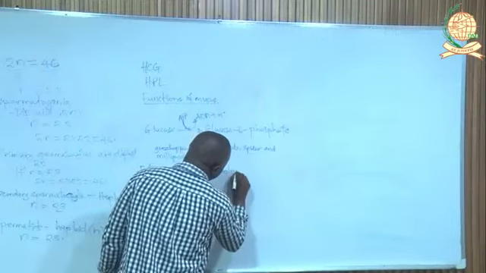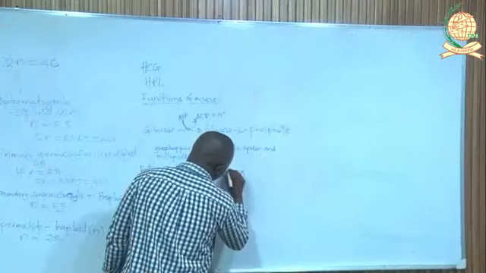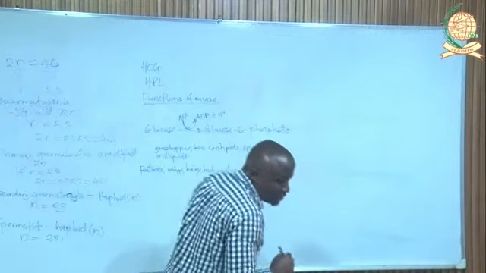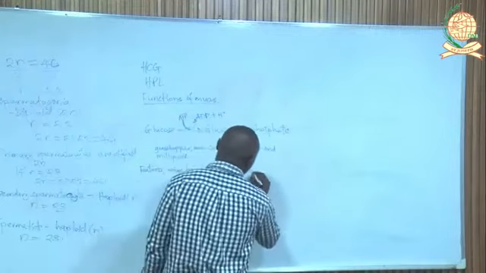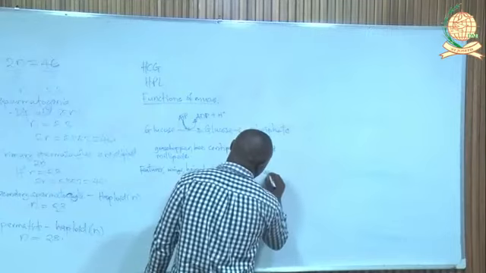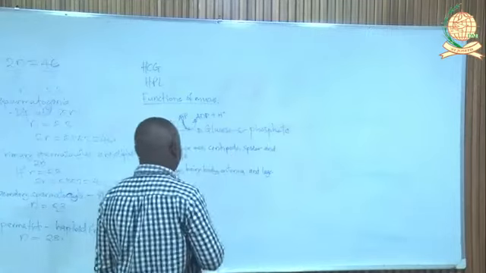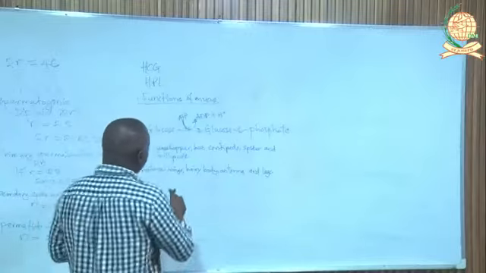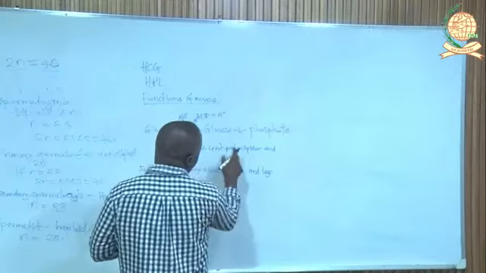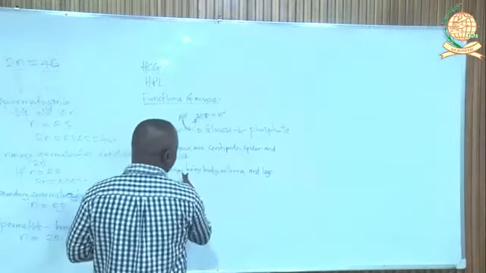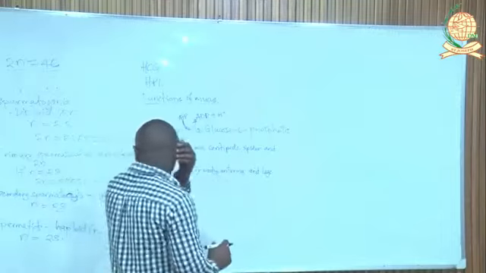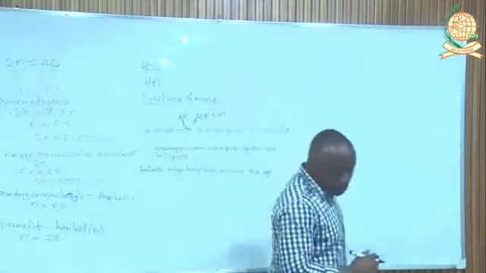From this we are given five organisms, 1, 2, 3, 4, 5, and we have four features. And then the question says construct